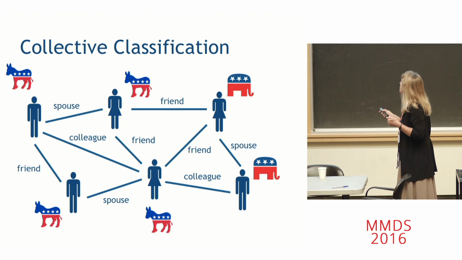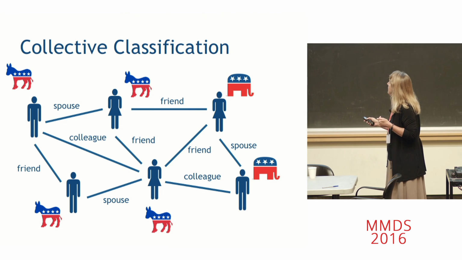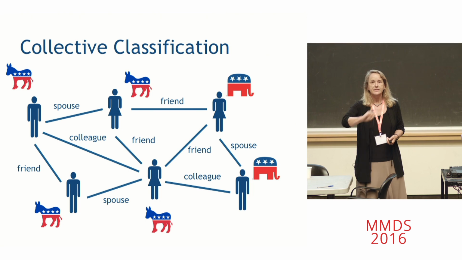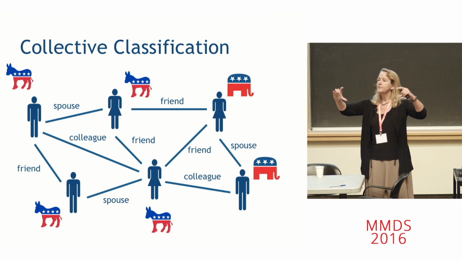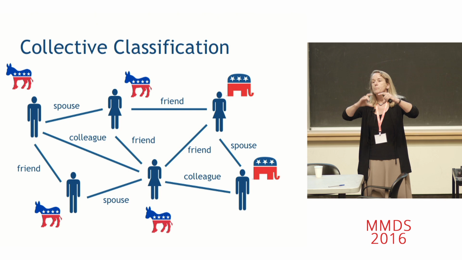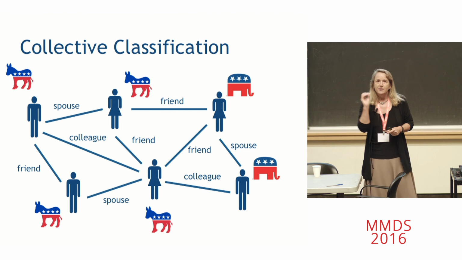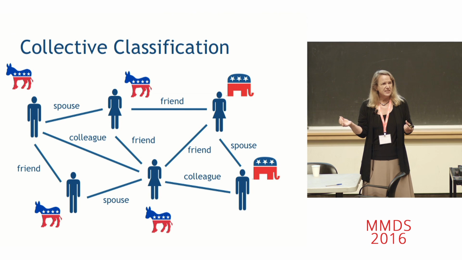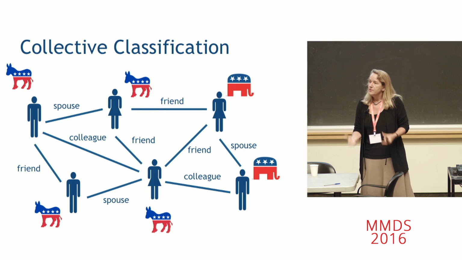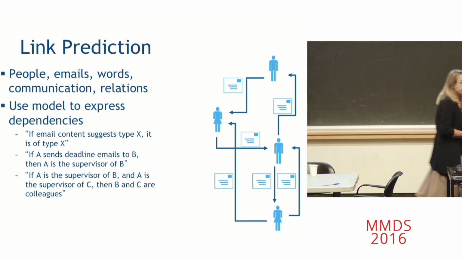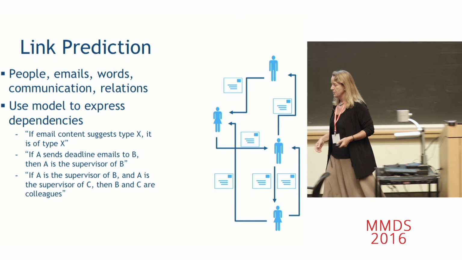and for the unlabeled nodes here, I can label them in a way where I don't make their predictions independent of each other. I collectively, for all of the unknowns, find the most likely joint assignment of all of the labels. And so that's, again, kind of an easy idea, but that's one of the things that PSL is very much geared towards. And you can do this for richer kinds of problems than just the node labeling problem.